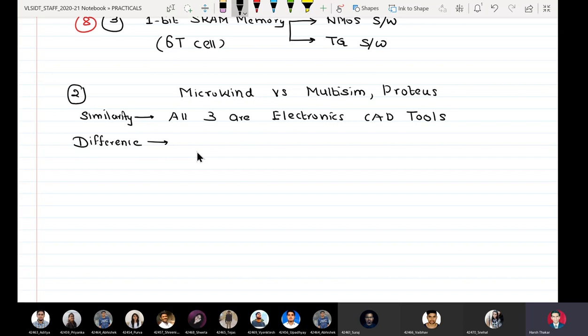So that particular workspace of Multisim and Proteus actually represents the top view of a printed circuit board. That is why I repeat that the workspace of Multisim and Proteus tools represents the top view of a printed circuit board. That is why all the dimensions on the Multisim and Proteus workspace are in centimeters, right? So the important point about these two tools is that Multisim and Proteus